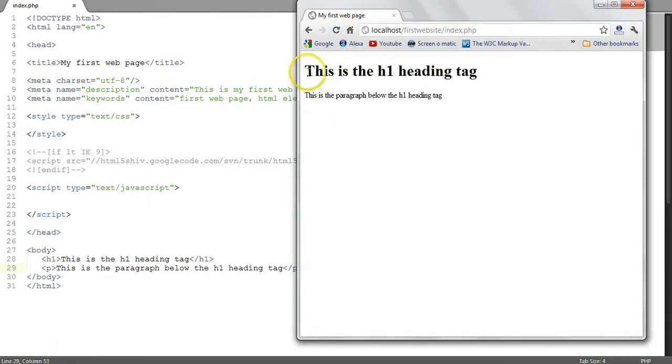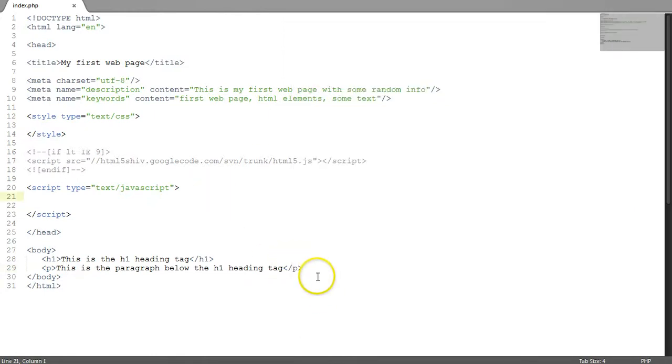As you can see here, this is the heading, which tells the users what the paragraph below here is all about. Now at this moment it's looking quite ugly. However, we can use CSS to style this, which we will be doing later on in further tutorials. Okay, let's go on to the